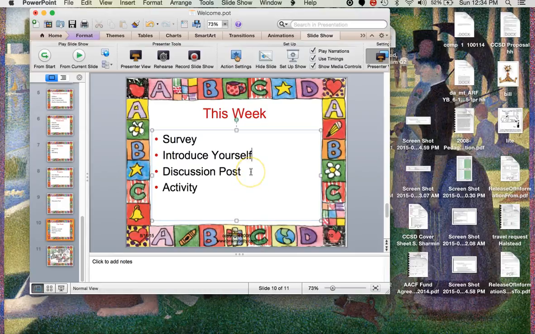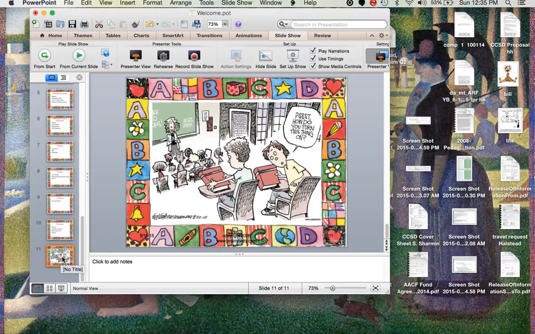I don't care if you have a picture up or not, that's up to you. You will have an actual discussion post assignment this week, and you'll have one of those 5-minute activities. So we're hitting the ground running, but none of it, I guess this discussion post might be timely, but the rest of it is not. And then I think that's it.